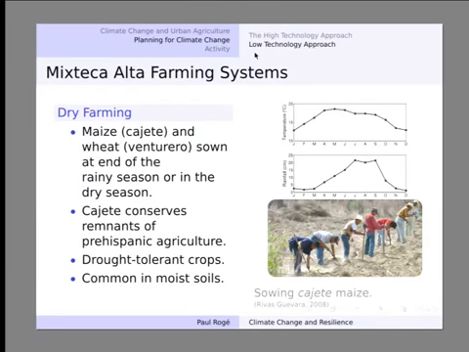And the temperature corresponds with the rains. So it's considered a monsoon climate, similar to, I think, India, which has a similar pattern where they have heat in the summer when the rains come. So to dry farm maize, you plant it between February and April, before the rains have really started, which means you have to prepare your soils even earlier, in November. And the way people plant cajete is in groups, as you can see in the photo there.